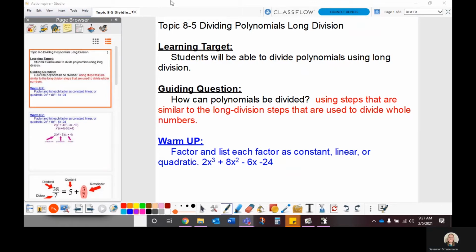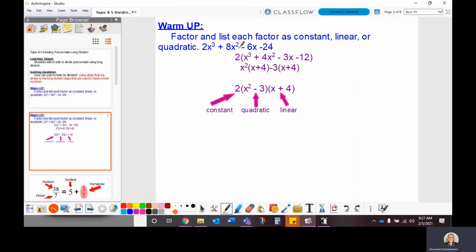Today we're going to be going over topic 8.5, dividing polynomials by long division. And so just to jump right in here, this is somewhat related to factoring. So looking at the warm-up here, if we were to factor 2x cubed plus 8x squared minus 6x minus 24,